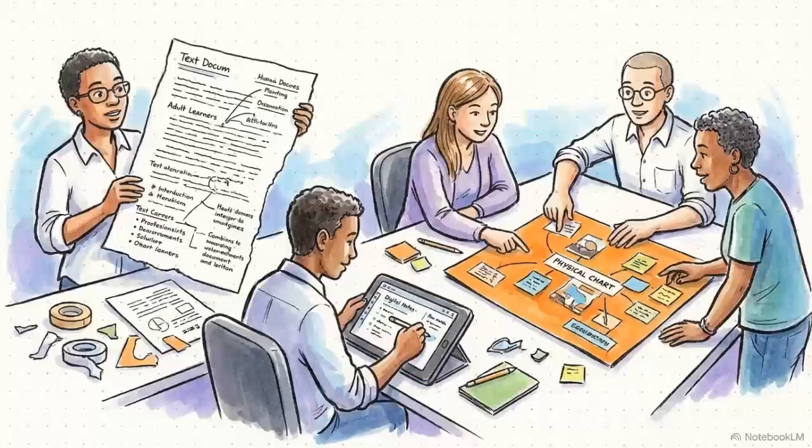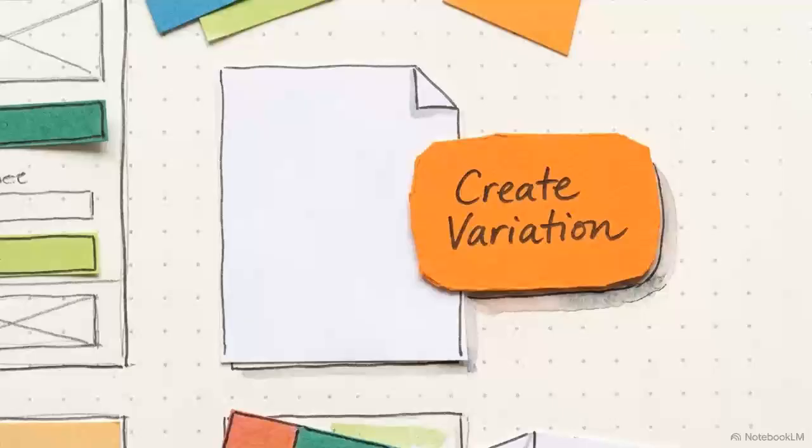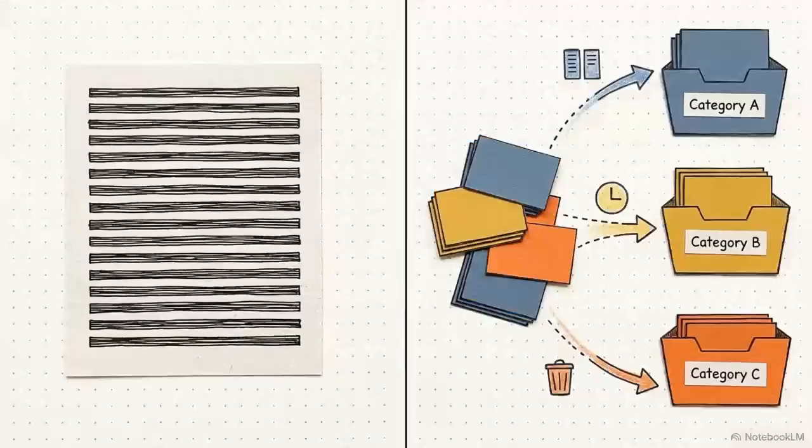This bespoke generation enables the Learning Path feature, providing a practical way to reach every unique learner profile sitting in a single room. You can take the exact same lesson concept and regenerate it into an entirely different activity type, tailored specifically to a student's reading level or learning style.